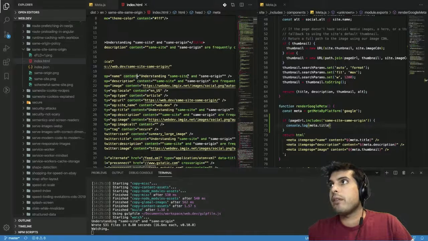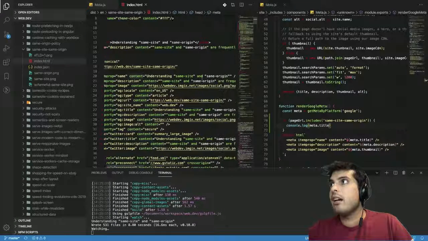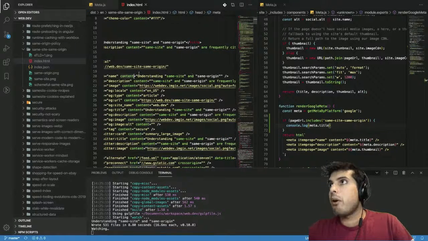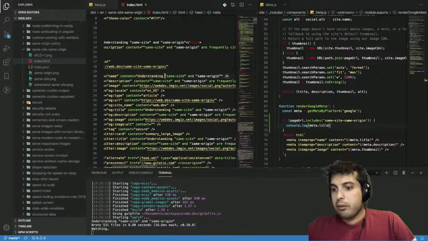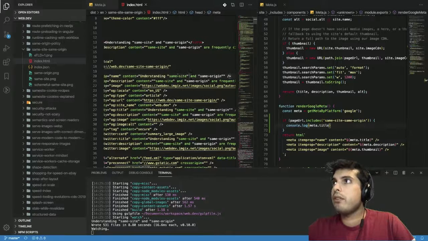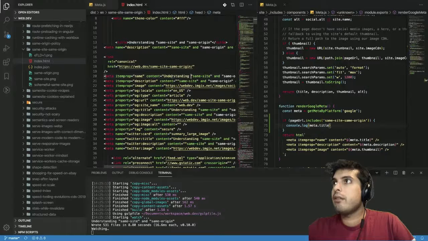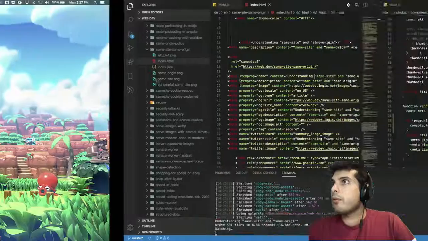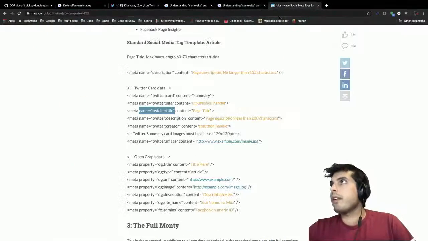And so same site is now considered an attribute of the meta tag rather than part of the same text. So we want to allow this quotation mark to exist inside of the string without it causing the value to break, which we should be able to do by escaping the characters, but I'm not quite sure how that will look inside of an HTML attribute. So if worse comes to worse, we will go to Google. All right, so